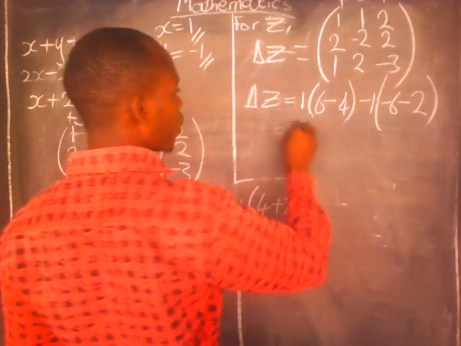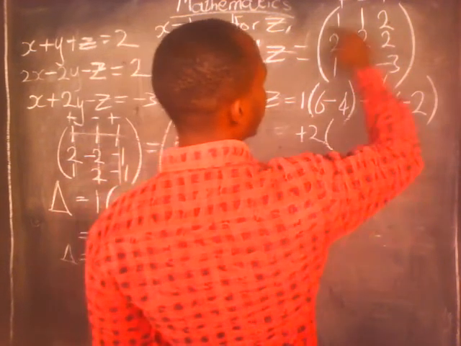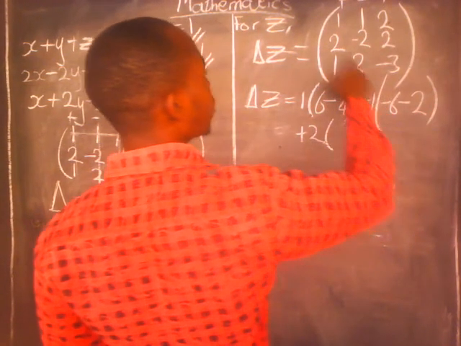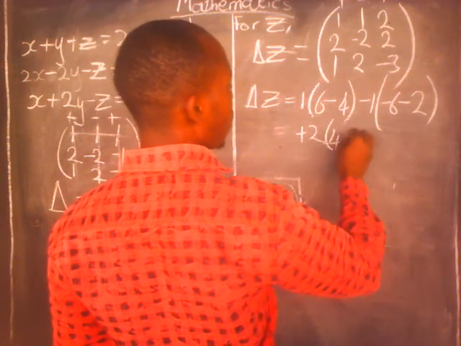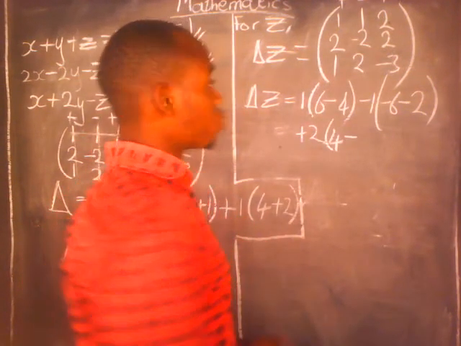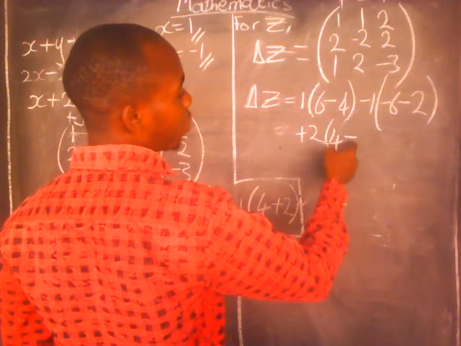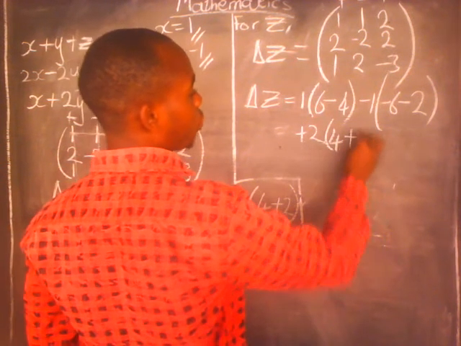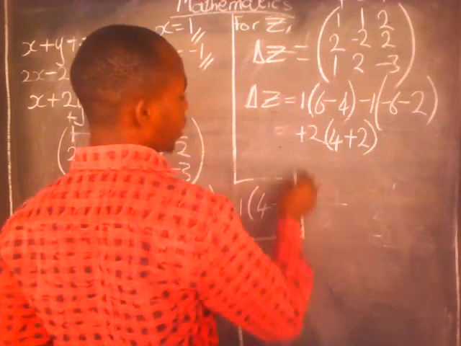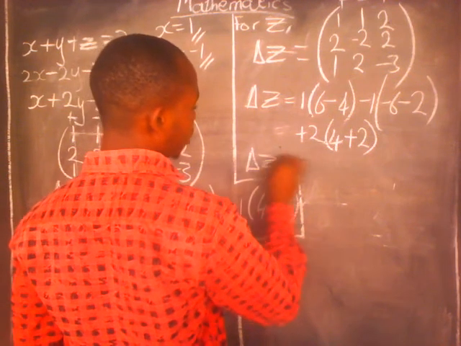For the last one we have plus 2, open bracket, the whole of this is off. So we have 2 times 2, which is 4. Minus 1 times minus 2 gives us minus 2. So we have 4 minus minus 2, which will give us 4 plus 2. Then I will now have that the determinant for z is equal to